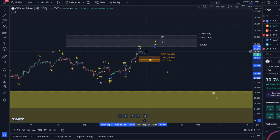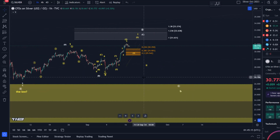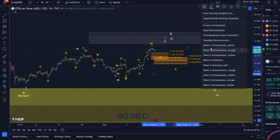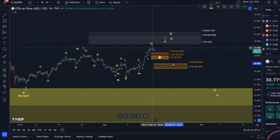Nevertheless, if we break below the upper support, that means some kind of a top is in place. What we can do then is watch whether the C wave down is unfolding, or, and that might be worth exploring, maybe it's already a wave 2. I mean, my interpretation can always be wrong. Maybe we already have a 5-wave move up. It just doesn't look like that at the moment. But in this case, if a wave 2 is already unfolding,